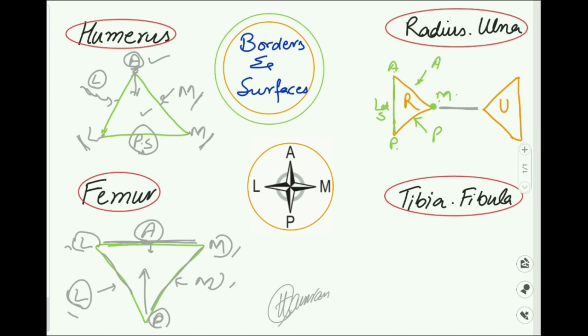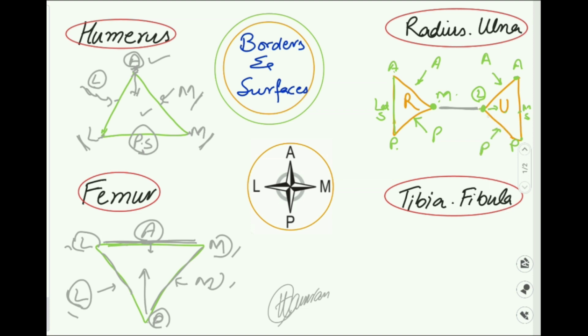Likewise in ulna, identify the odd ones. So the odd one, this is the lateral border that is against the radius. Ulna has a border against the radius that will be the lateral or radial border, and against this border we will have a surface, that is the medial surface. So these are the odd ones: lateral border and medial surface. Rest is simple. We have an anterior border, we have a posterior border. Between anterior and lateral we have a surface, that is the anterior surface. Between the posterior border and the lateral on the back we have a posterior surface.